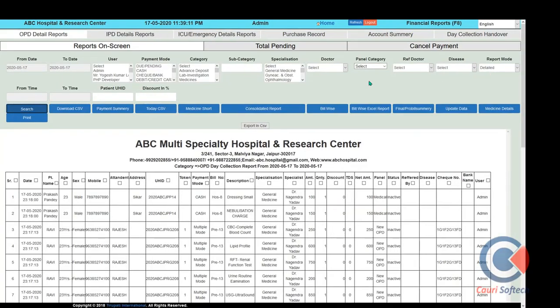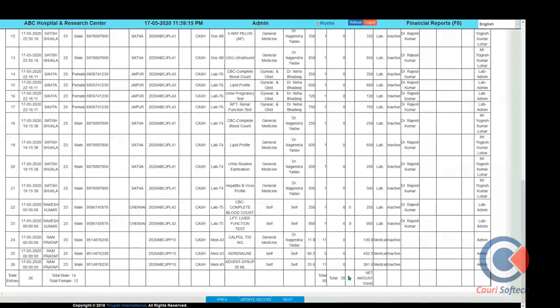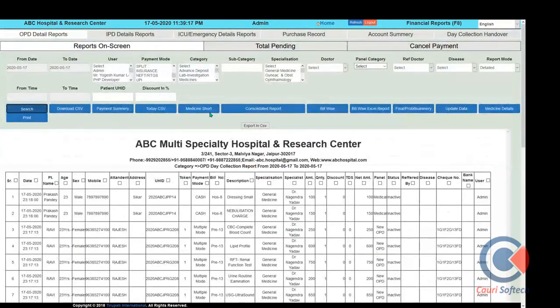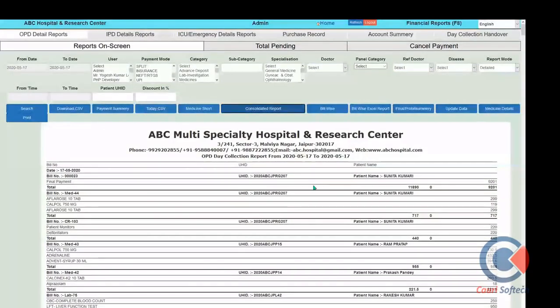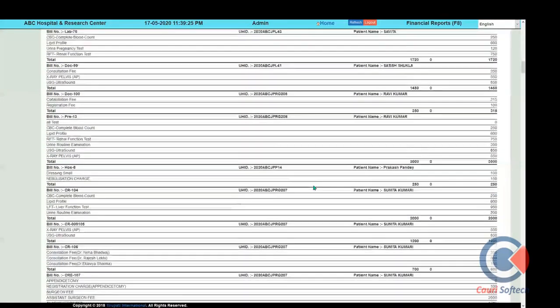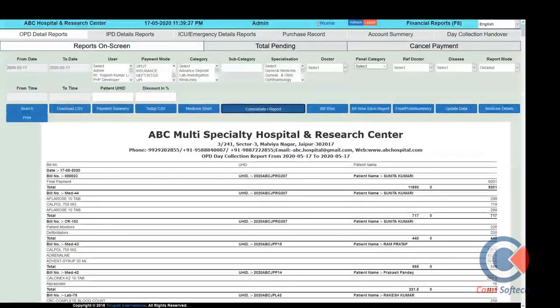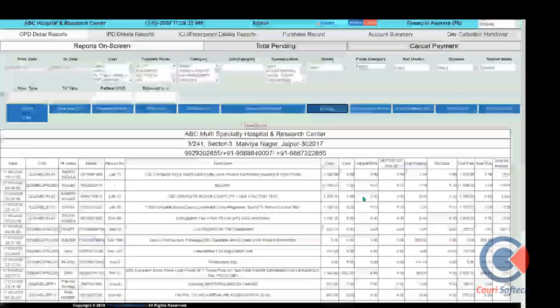There are different filters you can apply to get the required information and the transaction record here. The same information can be accessed as a consolidated report as well as a bill-wise report, and different reports can be accessed as required. This report can be seen here patient-wise and type-wise for services. This is the second format, and if we want to see the same report bill-wise, we can click on the bill-wise report. In this way the payment report can be accessed.